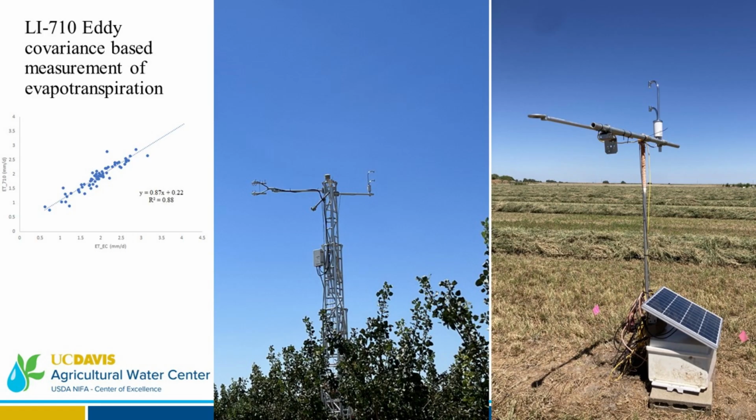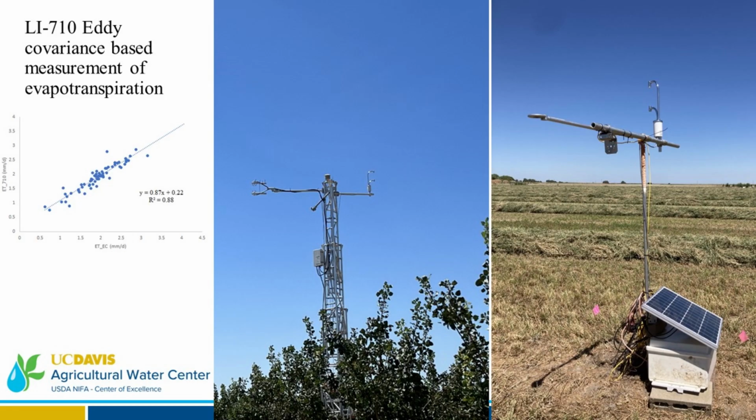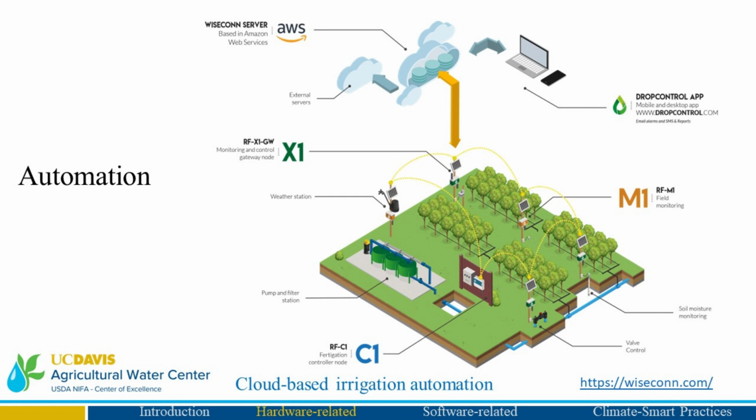We have actually compared this because I was skeptical that this private company could figure out how to do this. So I compared it in the pistachio orchard, and I was actually quite impressed that these sensors agreed very well. Okay? The traditional eddy covariance system that costs me $50,000 to set up, and this little cheap thing here that the farmer can now use, they were almost on a one-to-one line.